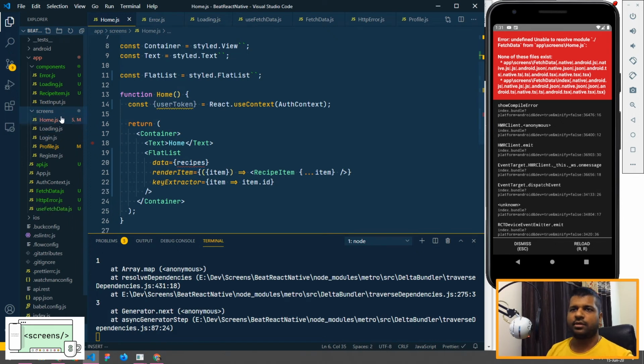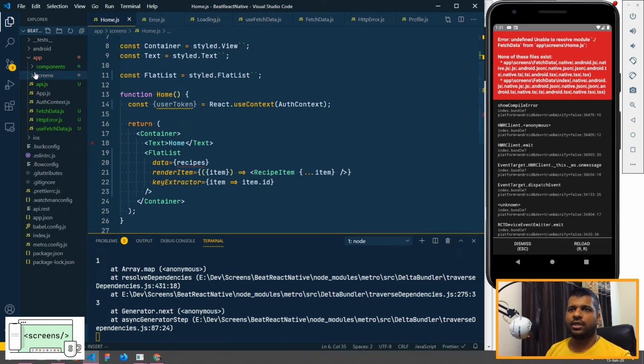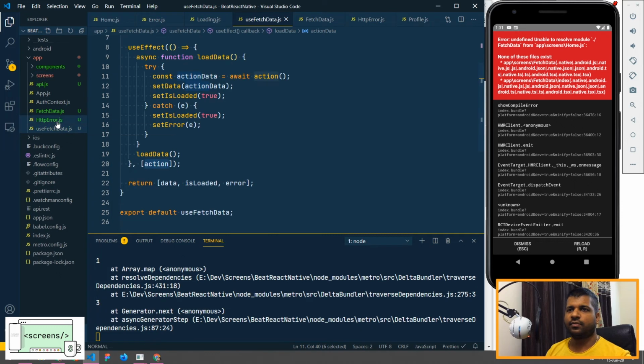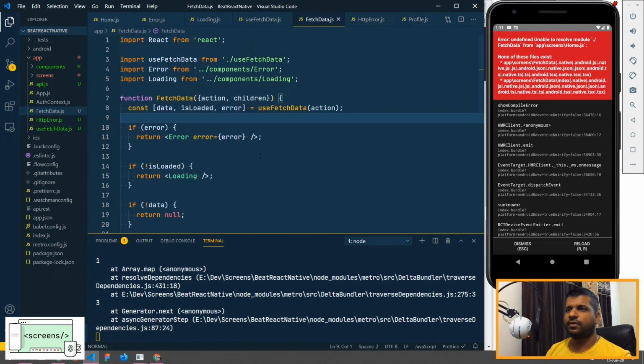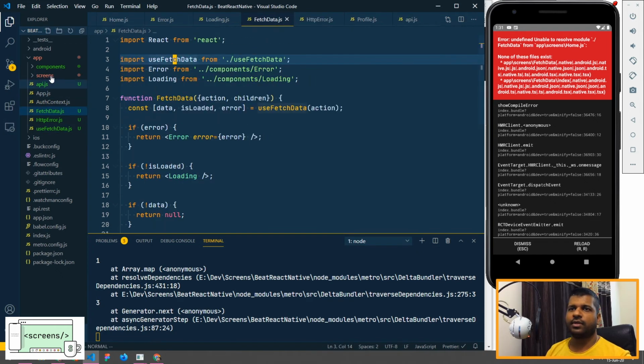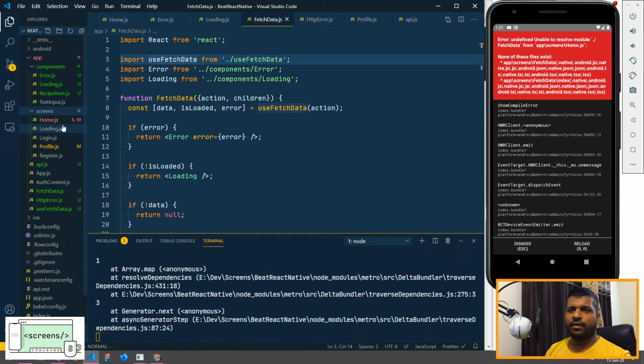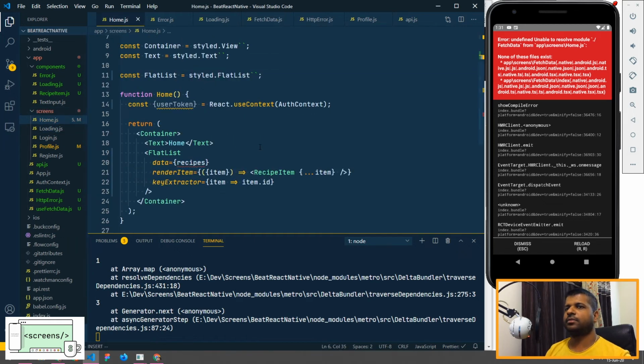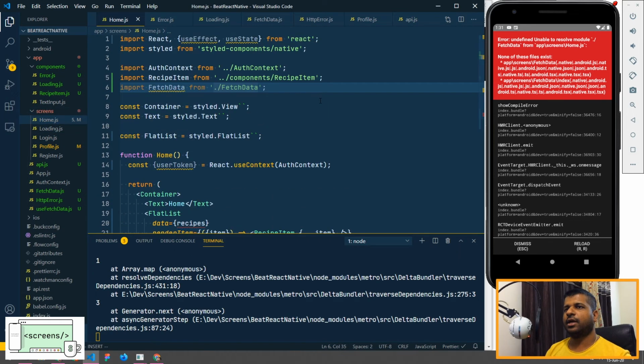So I'm doing it at the top level, which is the app folder. Let's see if the dependency is fulfilled here. I think it should be. We have useFetchData, so everything is fine. I'll head back to our home.js and import FetchData.